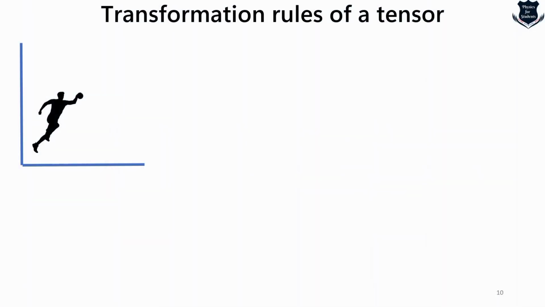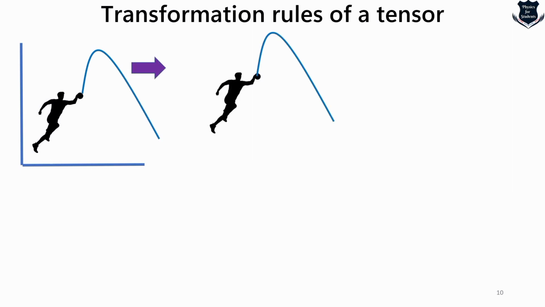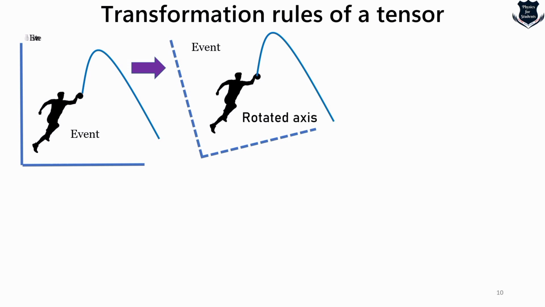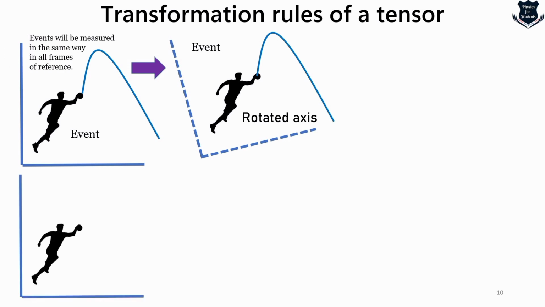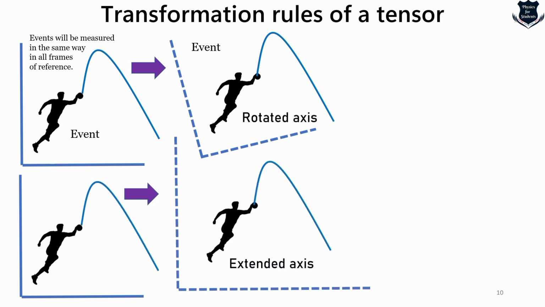Now you see that in the earlier video I expressed this typical example: a person is throwing a ball in one coordinate system, and the same person is throwing the ball in another coordinate system when I rotate the axis. I'm going to explore this example further. Events as we measure them in physics should be the same in all frames of reference. So whether the person is throwing the ball in a flat space or in an extended Cartesian coordinate system where x and y are more, the events have to be measured the same, and that is the idea